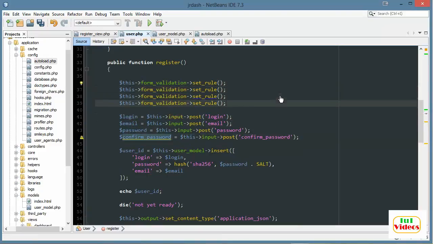So boom, boom, boom. And the first parameter we pass in is the field here. So I would say login. The second parameter is the display of it. So I'll type in capital login. So if an error occurs, it's going to be a capital L. And then the requirements here, which I'll get to shortly. We'll do email, password,